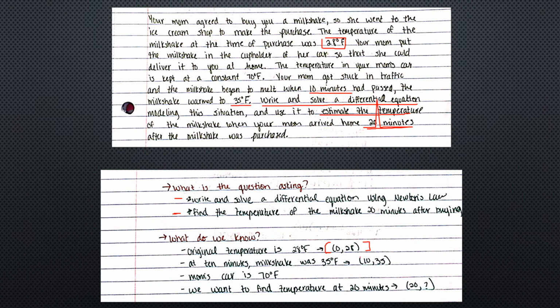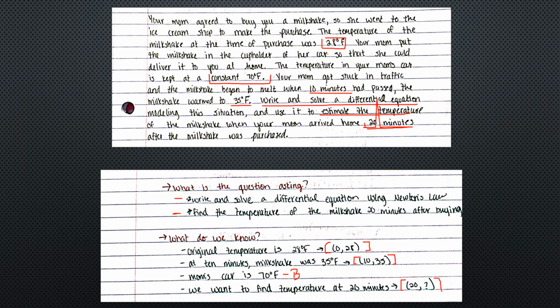So we know that at time 10, we have a temperature 35. We also know that Mom's car is kept at a constant 70 degrees Fahrenheit. So we know that that is our constant. It tells us in the problem. So that's probably going to be our B value in the equation. We also know that we're finding the temperature after 20 minutes. So we have a time t